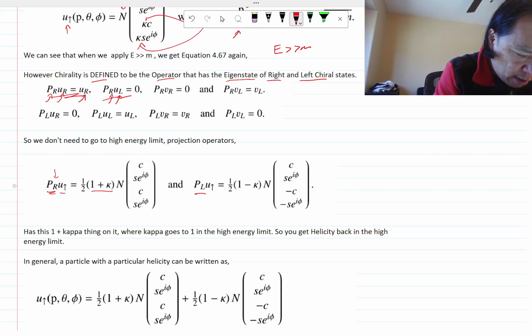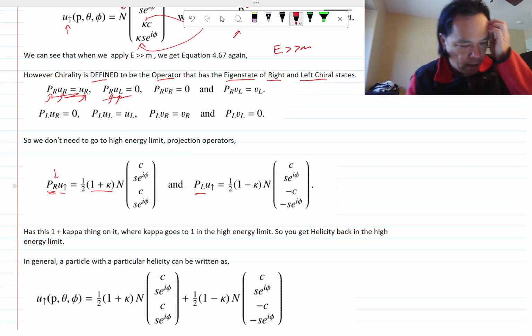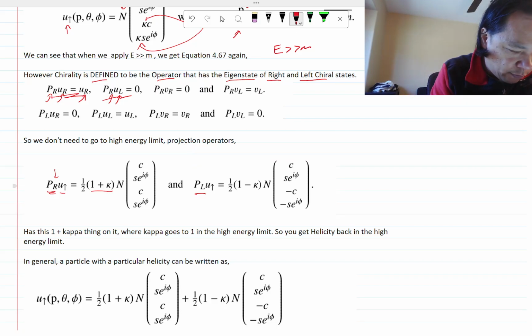And then this P over E plus M factor also gets absorbed into this kappa factor. Okay, where if you were to act on the up helicity with the left